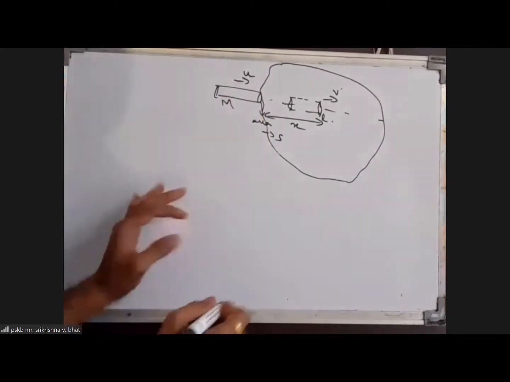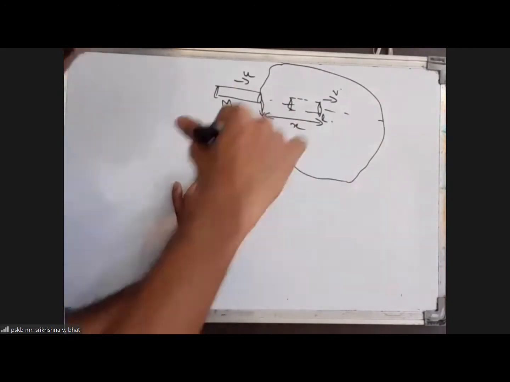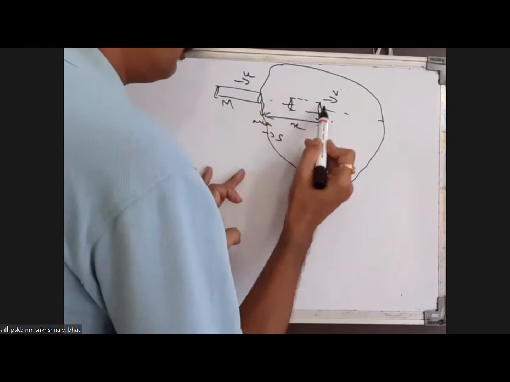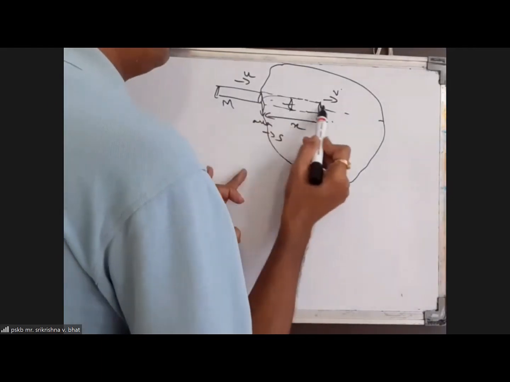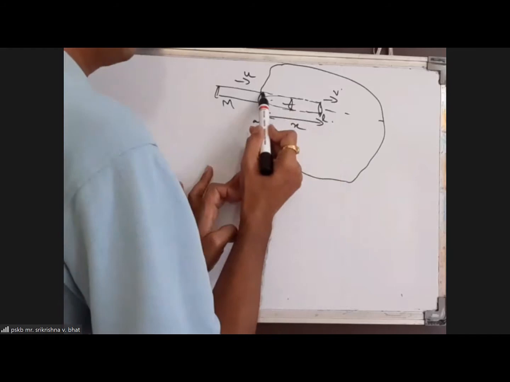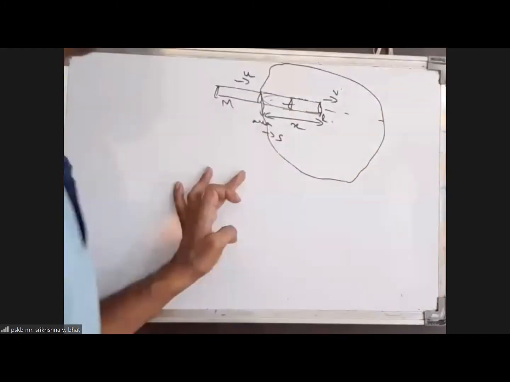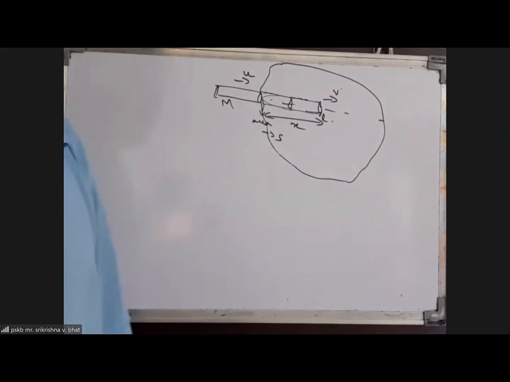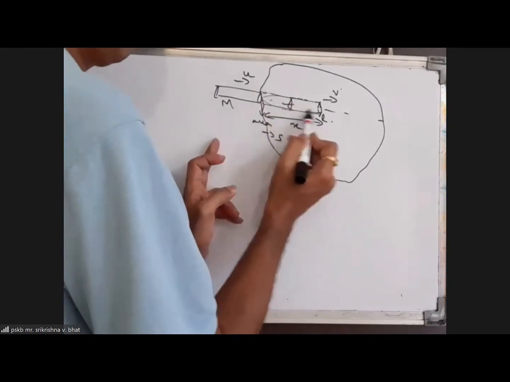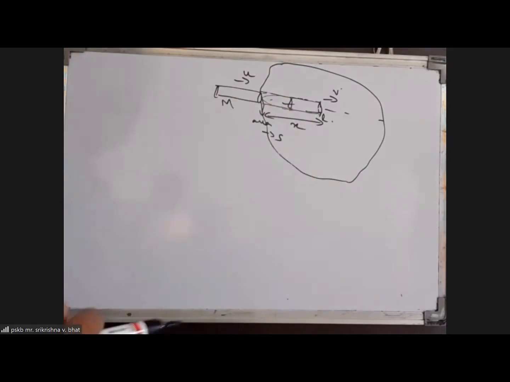So if I consider all the particles of the cloud which are present in this region, they will get added to the cylinder, because they will strike the face of the cylinder and their masses will get added up onto the cylinder. This entire section of the cloud will get added up onto the cylinder by the time the cylinder reaches.